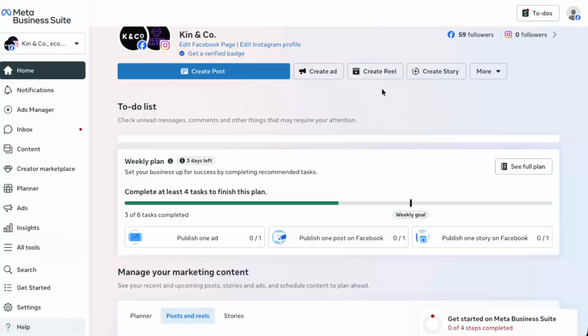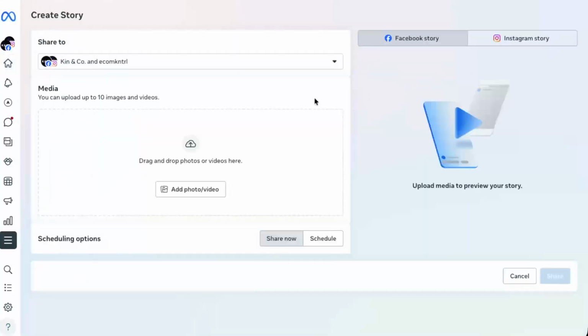your main dashboard. From here, you can also create a story. Look for Create Story and click it. This opens the Story Composer, which is designed for short vertical content. Add your photos or videos for the story, and consider using simple text or stickers if those options are available